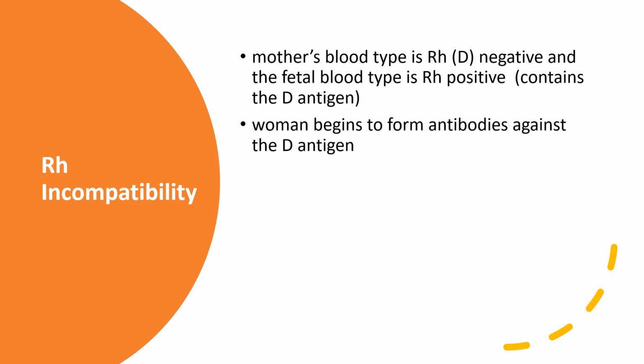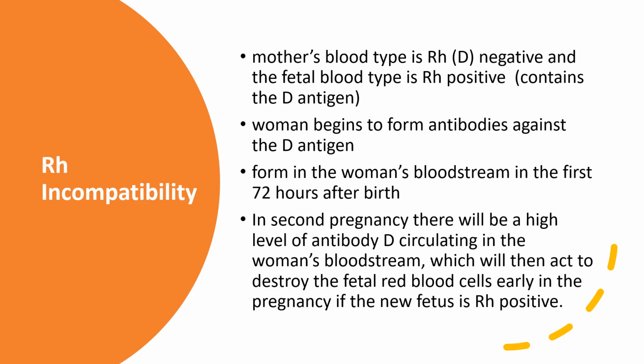So most form in the woman's bloodstream in the first 72 hours after birth because there is an active exchange of fetal maternal blood as placental villi loosen and the placenta is delivered. So after this sensitization, in a second pregnancy, there will be a high level of antibody D circulating in the woman's bloodstream, which will then act to destroy the fetal red blood cells early in the pregnancy if the new fetus is